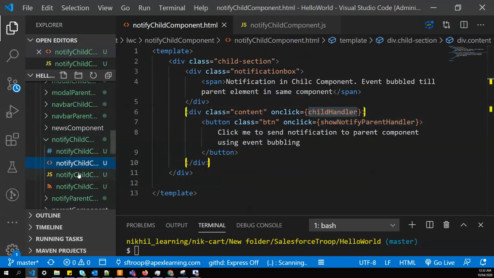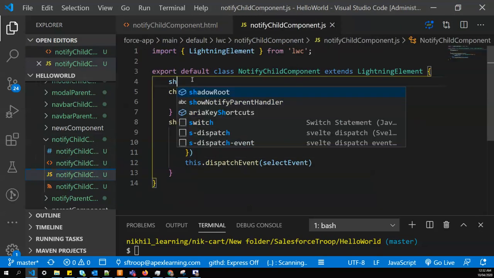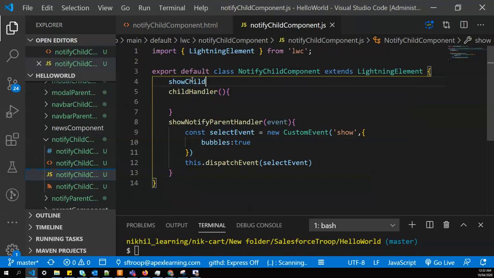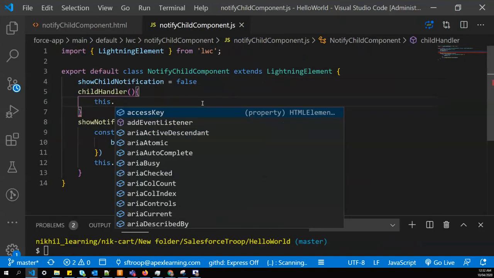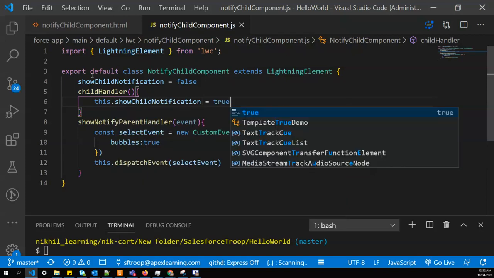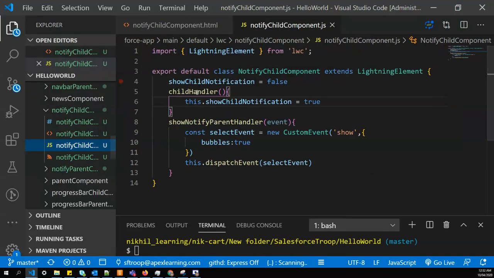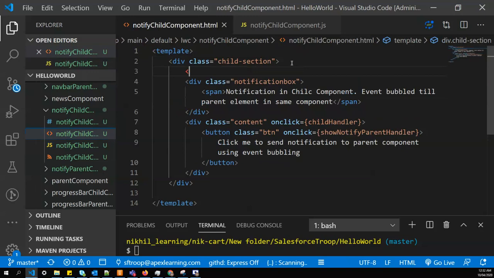And for this child handler, what we are going to do is we'll say show child notification, that is false initially, and we'll make it true on click of this. So whenever this component becomes visible, we'll show this notification box.